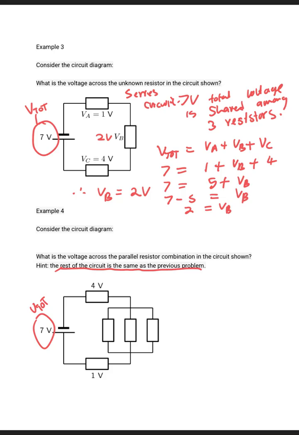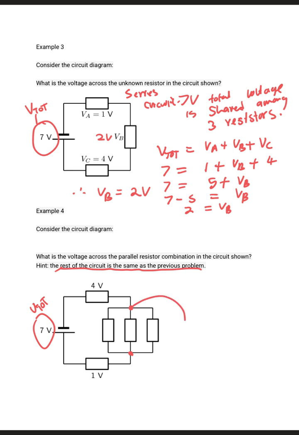But what did we say? We said that for resistors that are in parallel, they all have the same voltage because their voltage is going to be measured in this junction. So the voltage that is measured in this junction is actually the voltage of all these 3 resistors. So whatever we measure here represents the voltage of each resistor. Because we have 4 volts here,